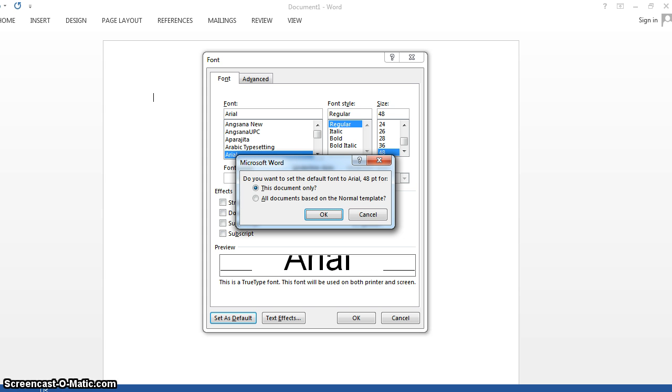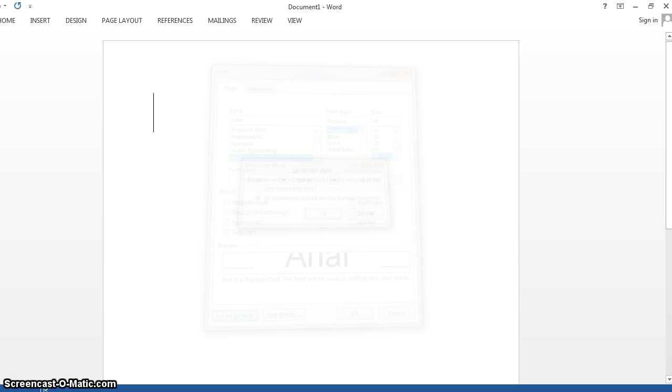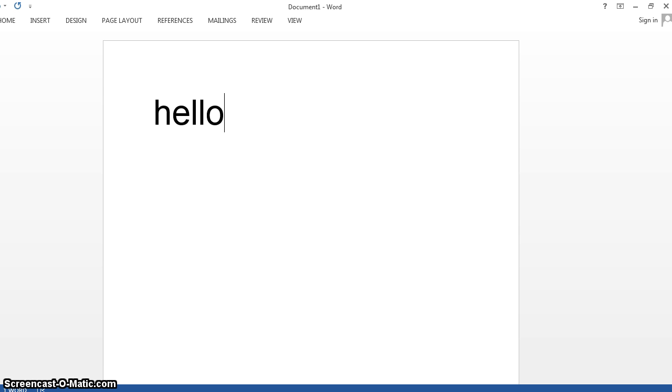So if we then open up this, it gives you an option: do you want to set the default font to Arial 48 for this document only, or all documents based on the normal template? Okay, and then in order to select the all documents based on the normal template, I would just do Alt and A. Okay, and then I would just click Enter for OK, and there we go. You can see in my document there I've got Arial size 48. And then also if I opened up a new document,